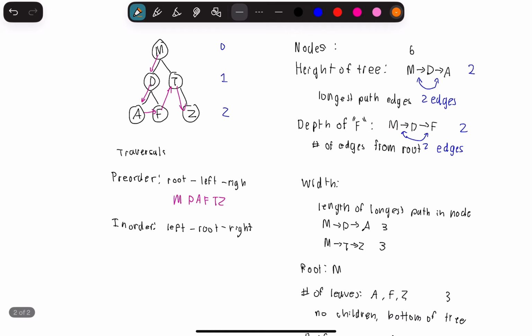So on the left, we start off with A. Now from A, we go to our root. So that's going to be up to D. And then from D, we go to the right. So we go down to F. Now from F, we go to M